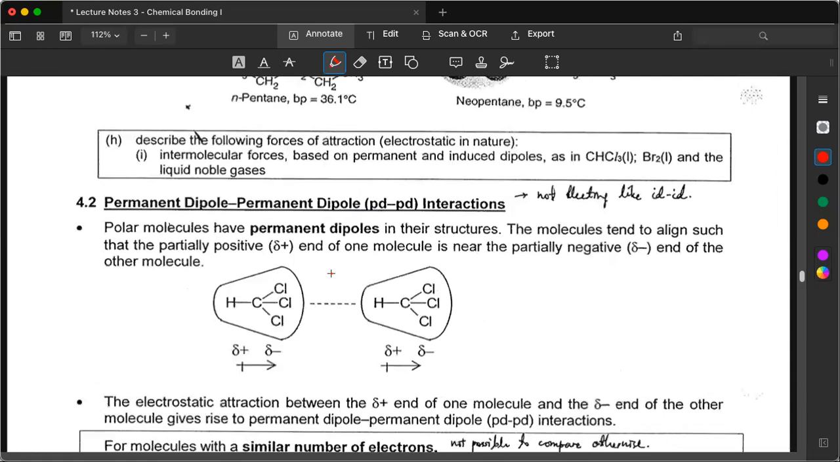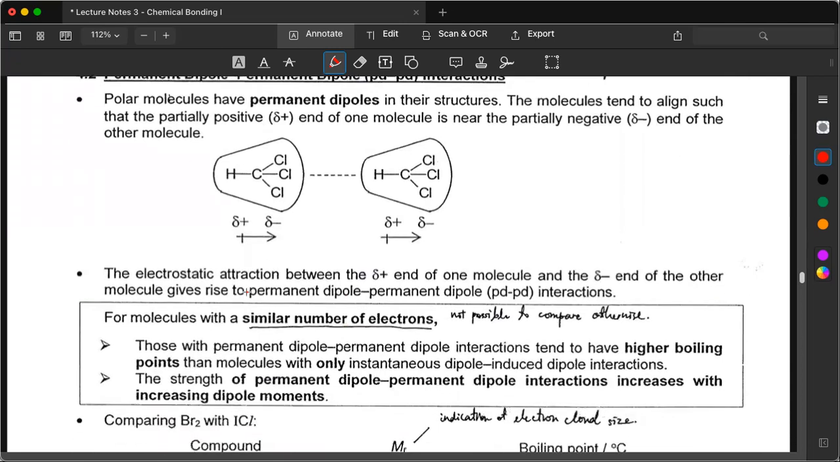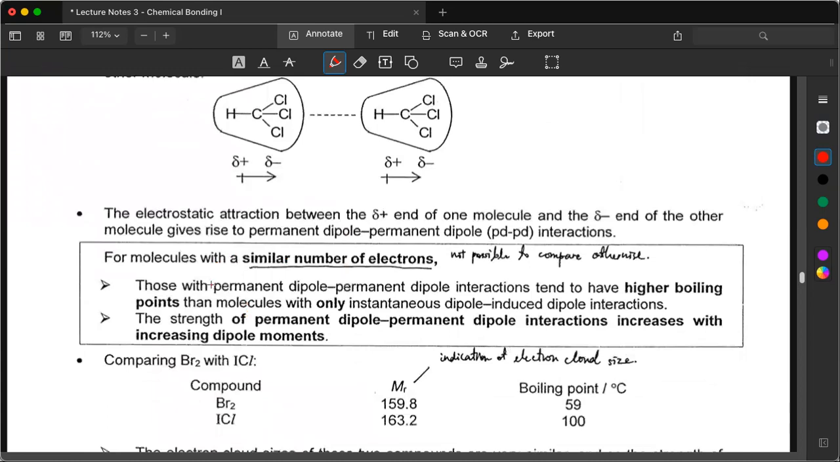Let's talk about PD-PD. Polar molecules have permanent dipoles. The molecules will align such that the partially positive end of one molecule is near the partially negative end of another. Opposite charges attract. There will be electrostatic attraction between the positive end and the negative end of the other molecule, which gives rise to PD-PD interactions. So for molecules with a similar number of electrons, those with PD-PD interactions will have a higher boiling point